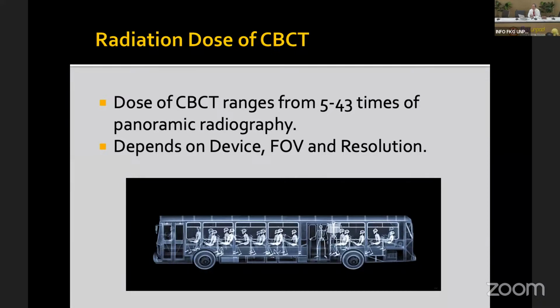Roughly, it's 5 to 43 times the panoramic radiograph. These days I would say maybe 5 to 10 times. But in the first generation, CBCT was about 40 to 43 times, which was a high exposure. Medical CT is about 100 times the panoramic imaging.